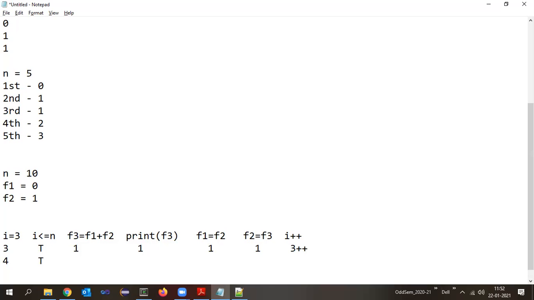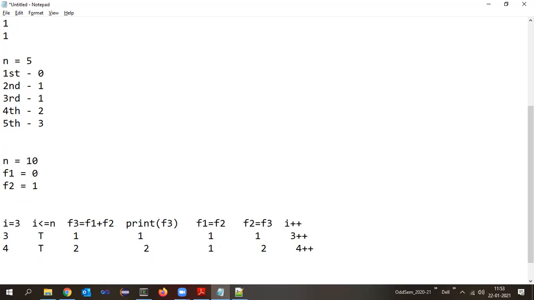So F3 value will be F1 plus F2. F1 is 1, F2 is 1, so 1 plus 1 is 2. Print that 2 here. Now F1 will become 1 and F2 will become 2. Then next 4 plus plus. Like this, you need to keep on repeating.